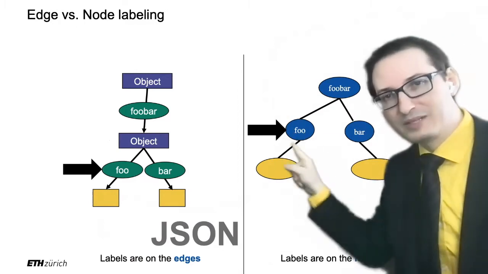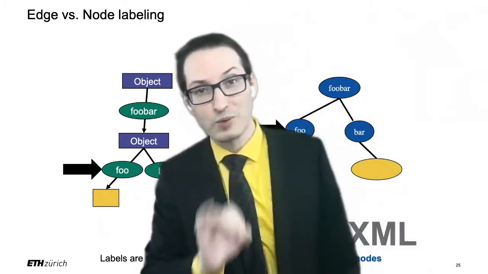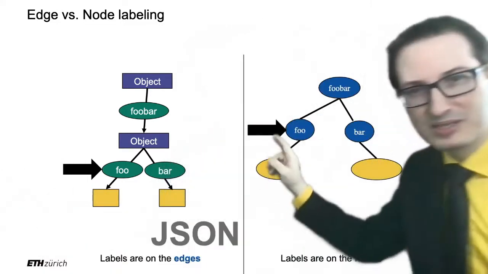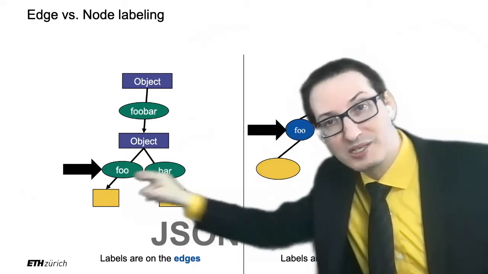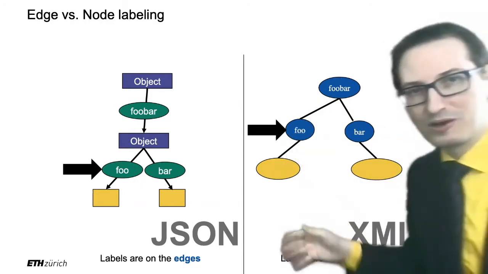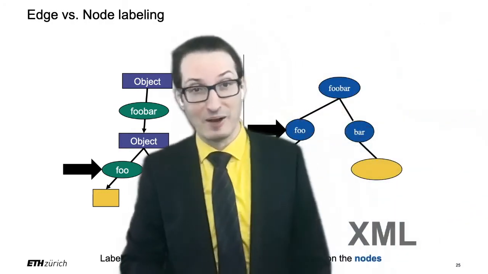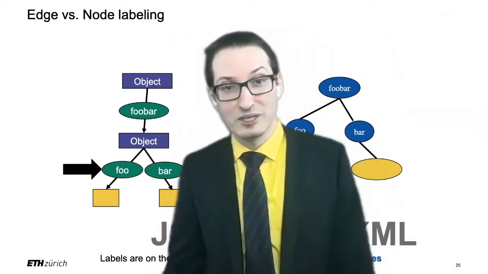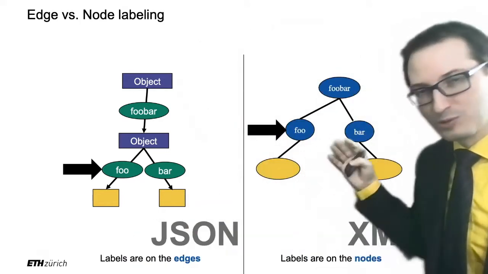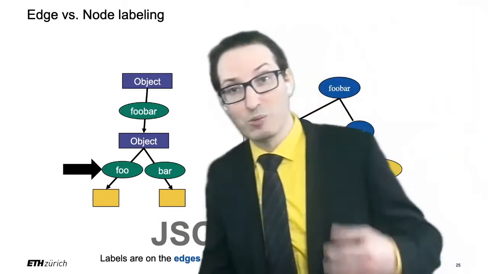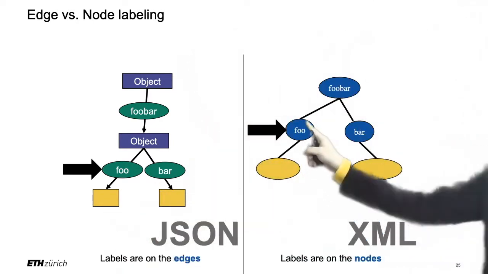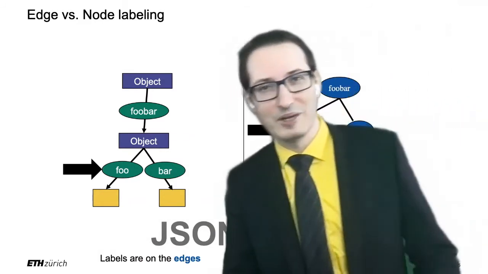In XML, it's different. If you look at an element in XML, an element always knows what it's called. If you have an element, it's going to be the element foo, the element bar. So it means that the actual names are not on the edges like this; they're actually on the nodes of the tree, right? So this is a major difference between JSON and XML. Maybe it's good, maybe it's bad. Actually, it turns out to be great for JSON because this is how we get data frames, as we will see. But XML also can make a lot of sense when you want to deal with taxonomy and artificial intelligence, ontology-based research. Then this is where this actually can become powerful, that the elements know their names.